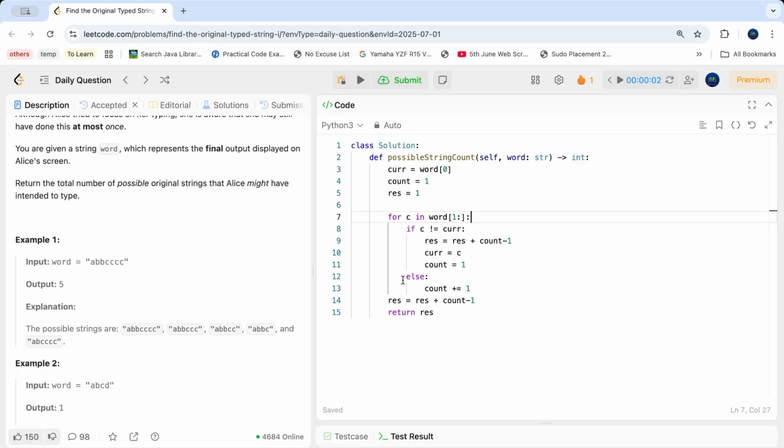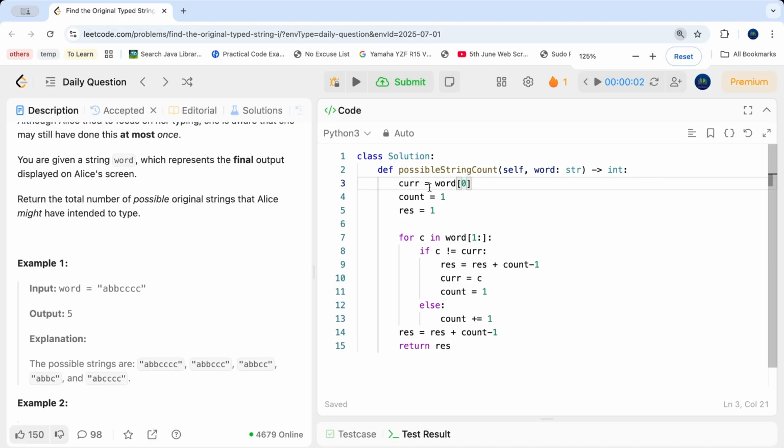So this is the complete code we have for this particular problem in Python. We are saying that the current character we have is the first character in the string, which is word[0]. The count of the current character is 1 because we have this as the first character, and then the initial result is 1. Then let us loop through our word from the index number 1, because the index number 0 is already scanned by us and it is being stored in the current variable. Now we are checking that if my current character C is not equal to current,